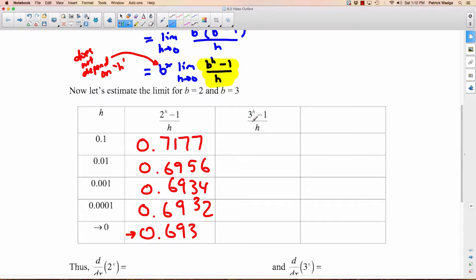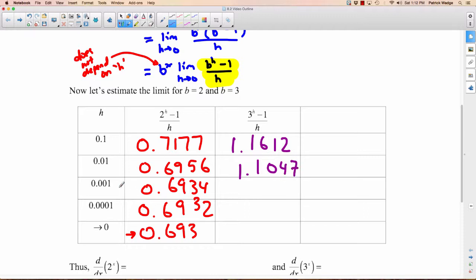So again, we're going to take ever closer values to 0 here. So we'll start with 0.1. 3 to the 0.1, take away 1, divide all that by 0.1, you'll get 1.1612. Try it again, but put 0.01 into the h's. You'll get